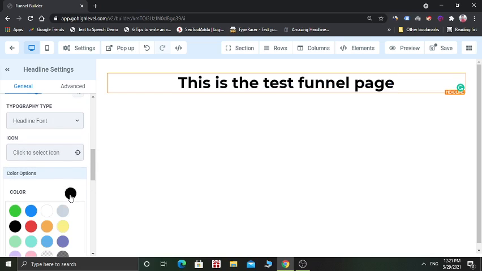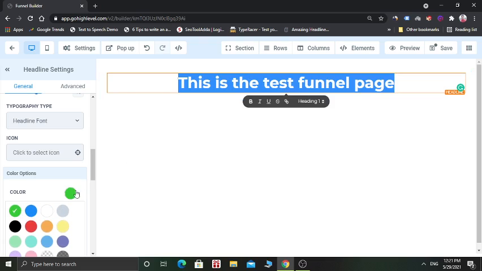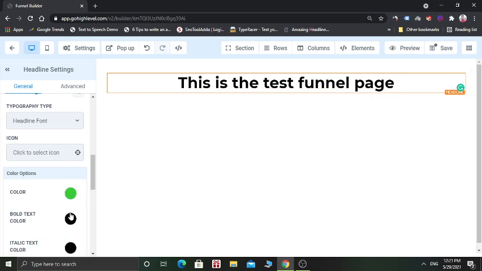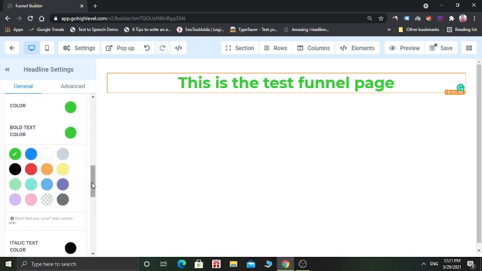You can change the color from black to green, or you can choose any color from this option.